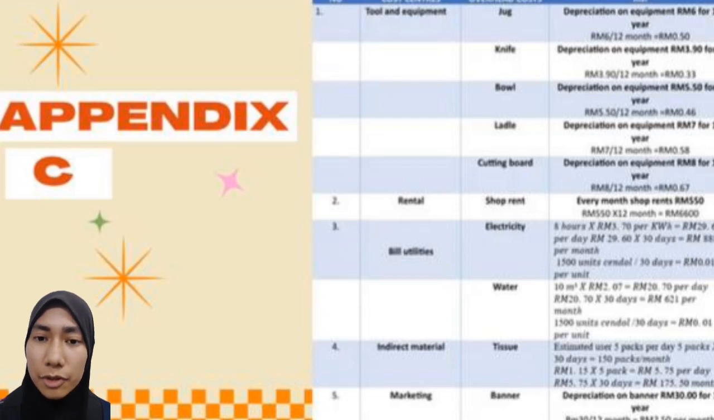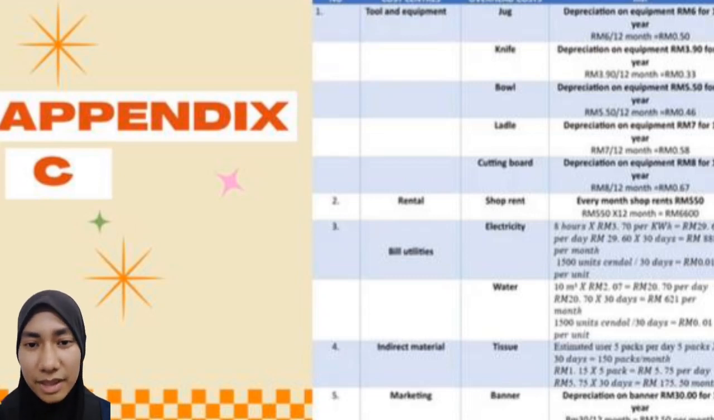The second of the cost centers is rental, where the overhead cost is shop rental. Every month, the shop will pay 550 ringgit per month. Therefore, times 12 months, it would be 6,600 ringgit a year. The third cost center is bill utilities, which consists of two overhead costs, which are